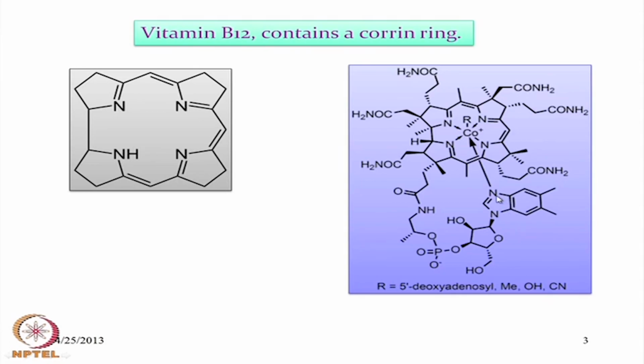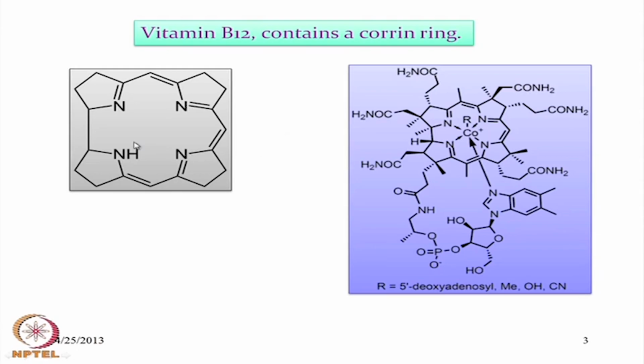It is a benzimidazole moiety. So again, the 5th position is coordinated through some chain. It is already connected to the ring through some phosphate backbone and the sugar unit. The phosphate backbone and the sugar unit control the corresponding binding to the imidazole ring, and the 6th position, like the O2 binding to the iron center in blood, this R is a typical one which we get in most